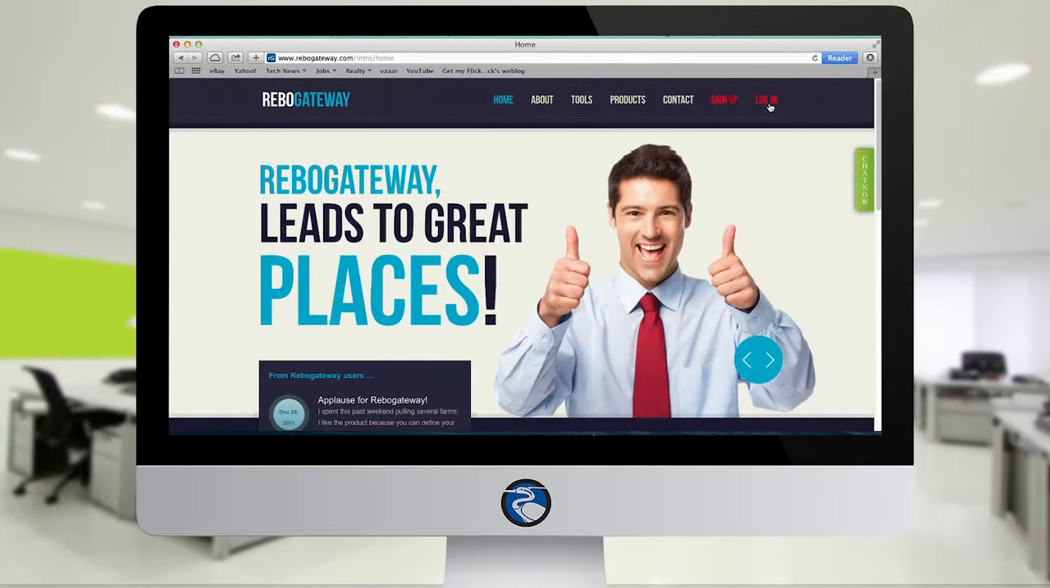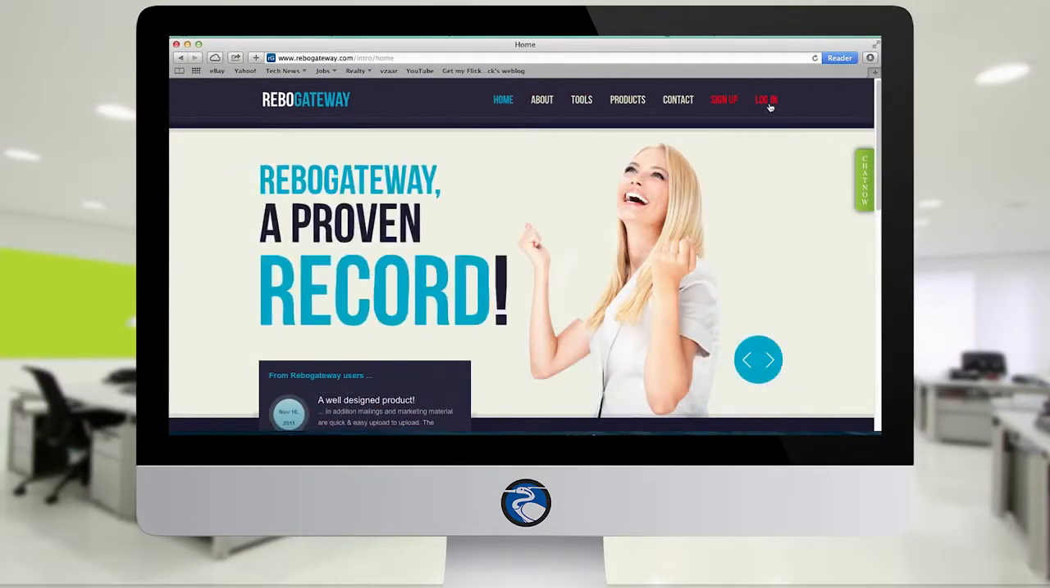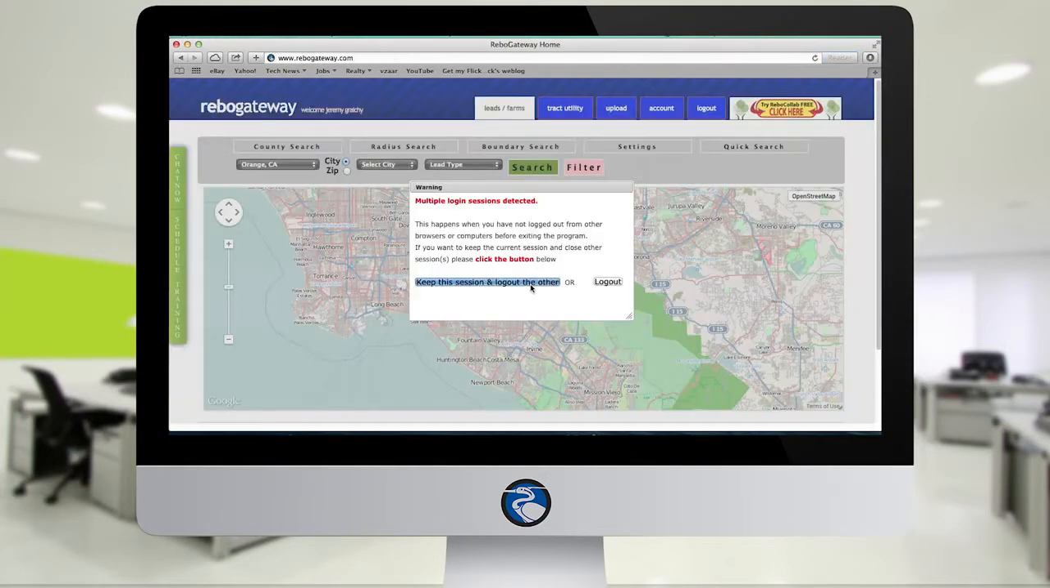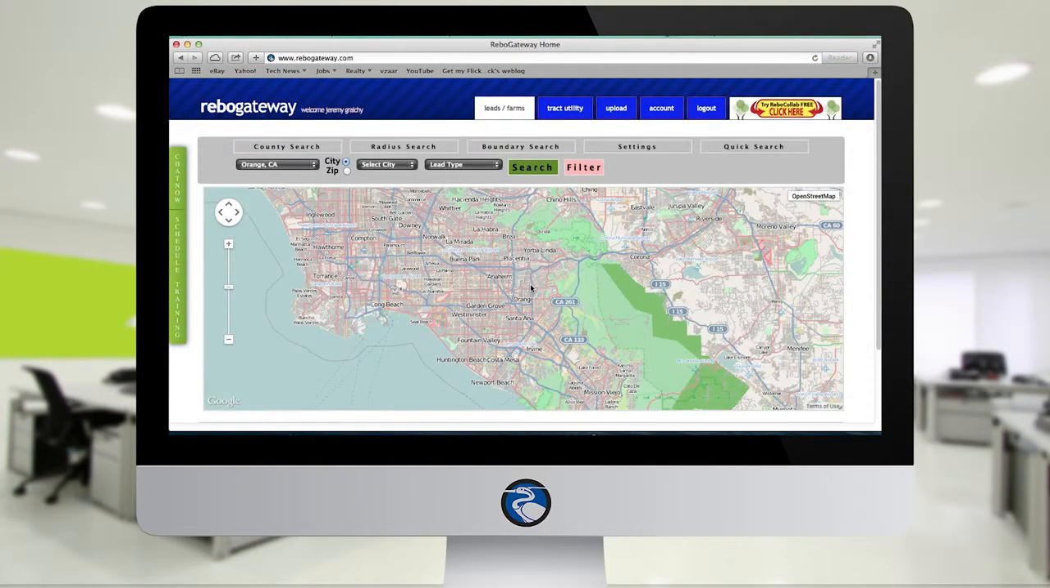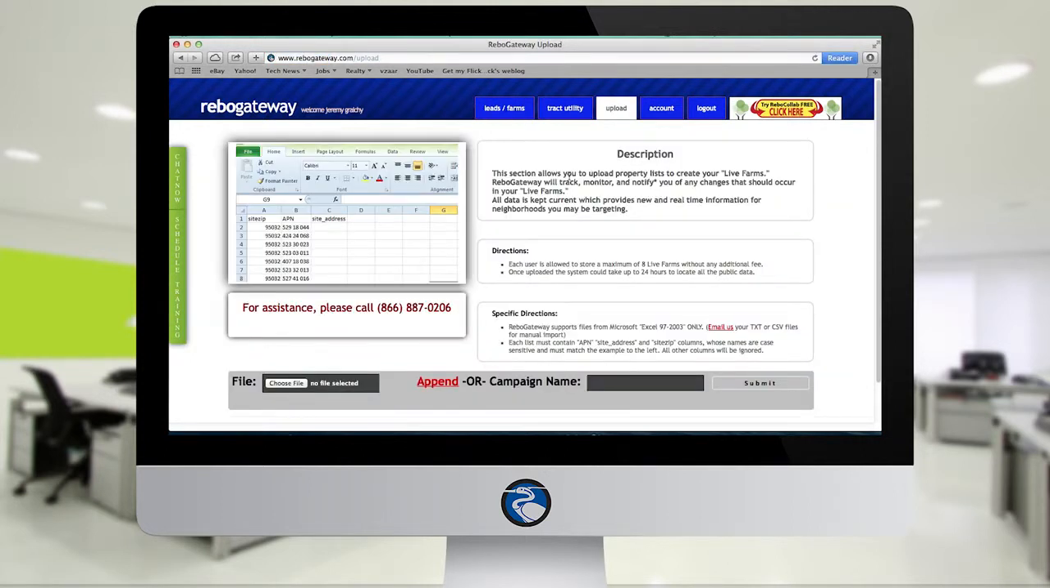In this next video, we'll be covering how to upload a farm into ReboGateway from an Excel spreadsheet or CSV. Once you've logged into the site, the first thing you want to do is click on the Upload tab. And you'll notice there's some simple instructions here that serve as a basic reminder of the core necessities or requirements